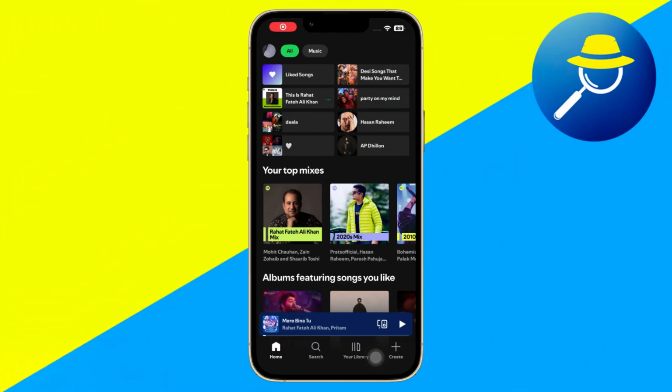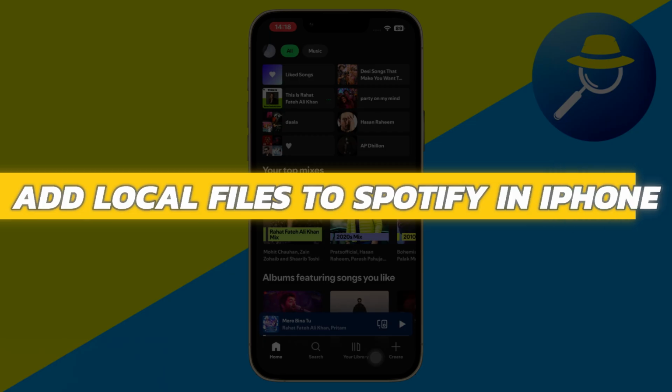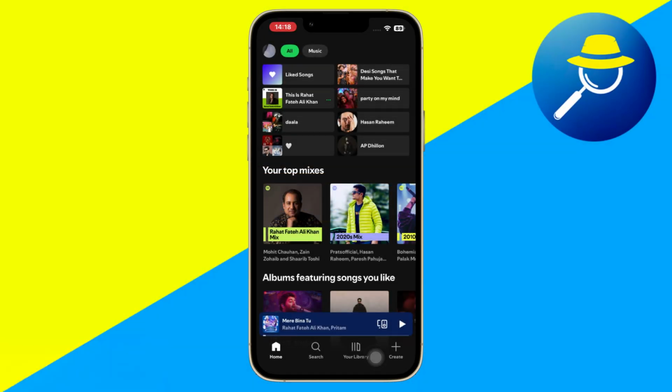Hey guys, in this video, I will show you how to add local files to Spotify on iPhone. Alright, so let's begin with the video. There's a new way of adding local files to Spotify on your iPhone, so what you need to do is